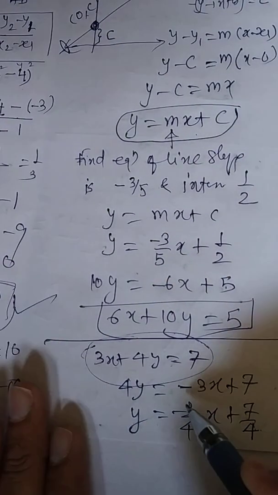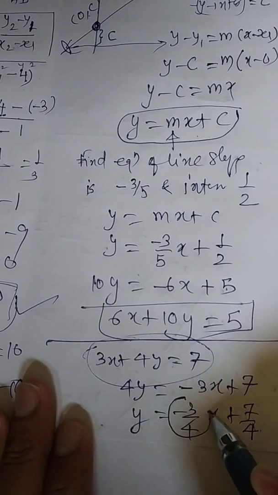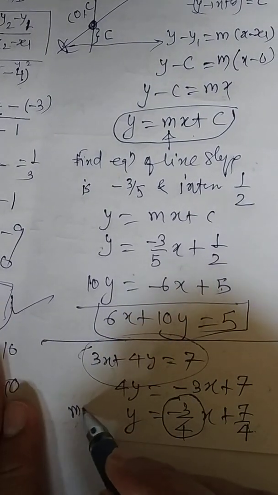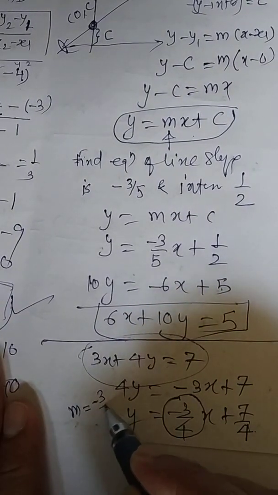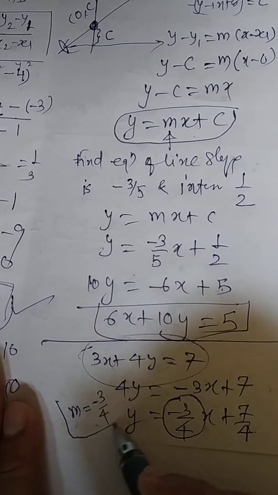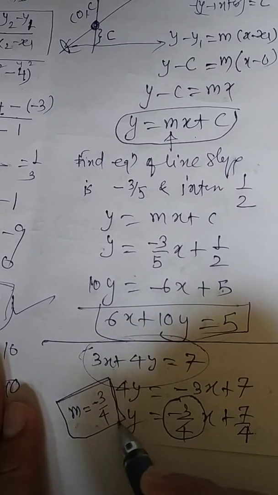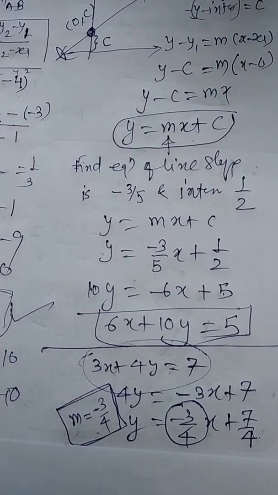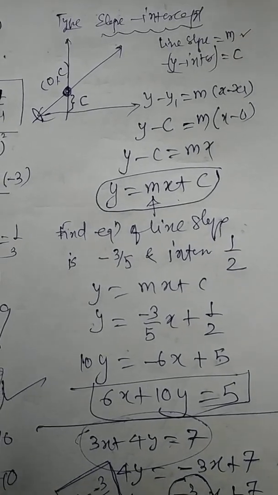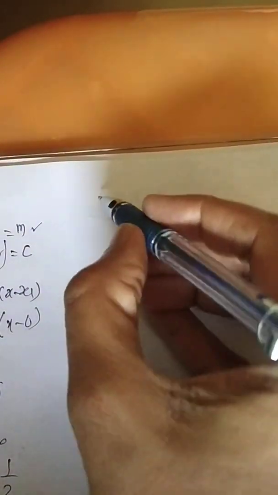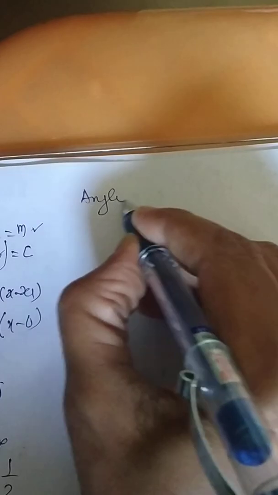What is the value of m? Earlier I told you that you can get the two points, but there is no need. You can use this technique and find the slope. Very easy. By this method you can get the slope of the line. So finding the slope is not a difficult task. Now if the slope is not difficult, then my question can be like this: angle between the lines.